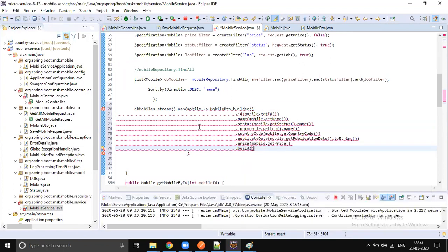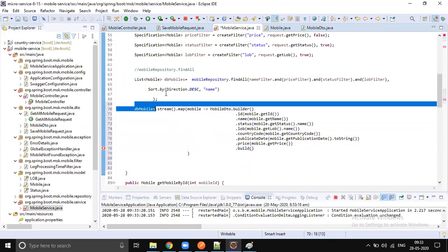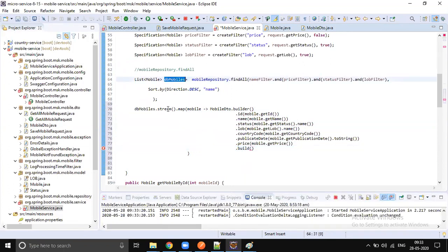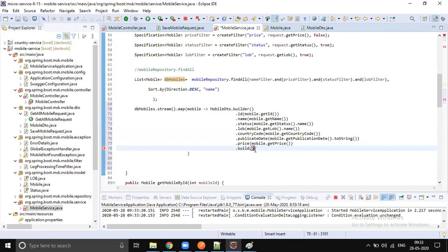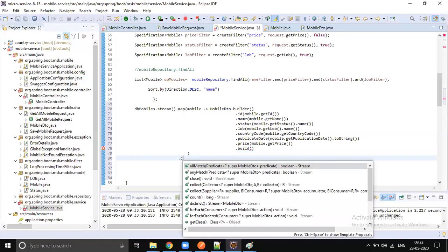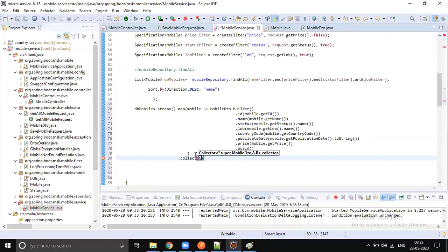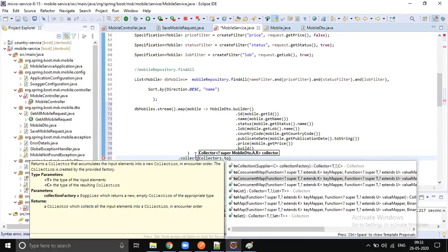Okay, so we got the mobiles, we are iterating each mobile and converting each mobile to DTO, right? So finally the conversion is done, then call collect, so it's going to be Collectors.toList.